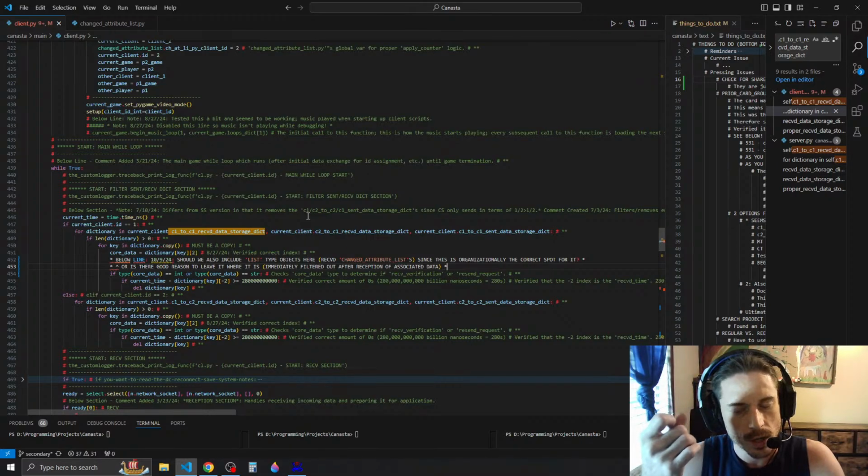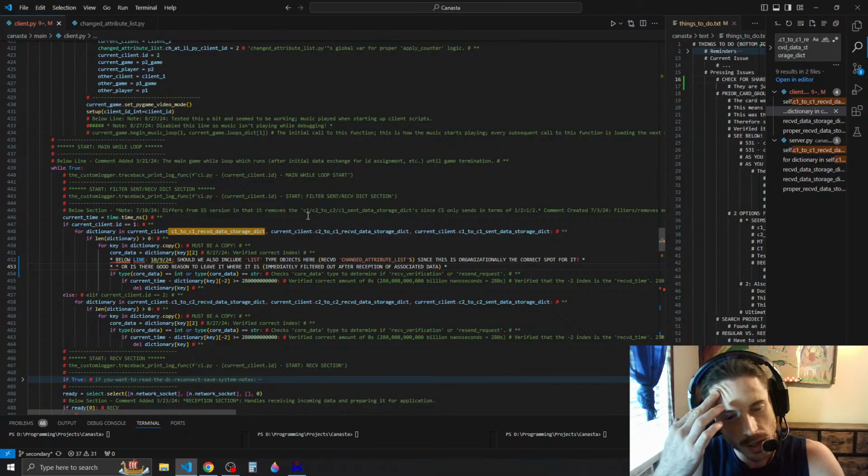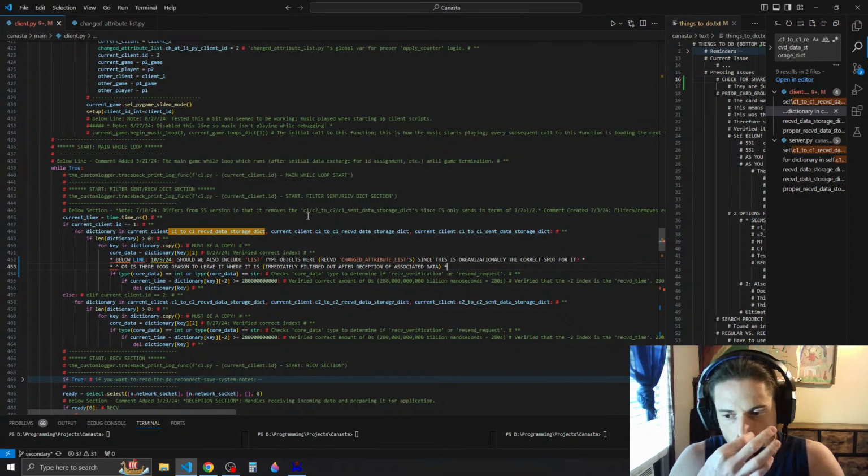That's removed after the data is applied. So like we receive the change attribute list, we apply all the data, and then